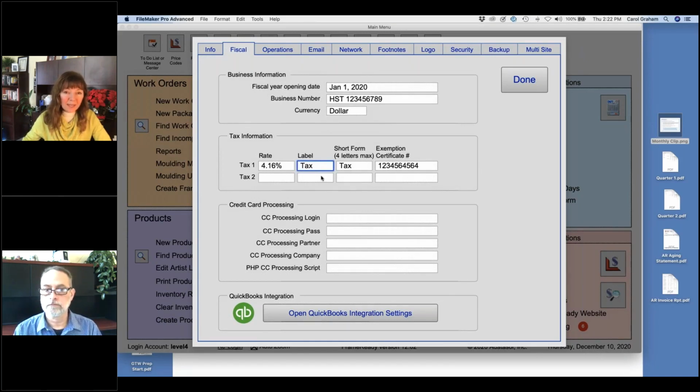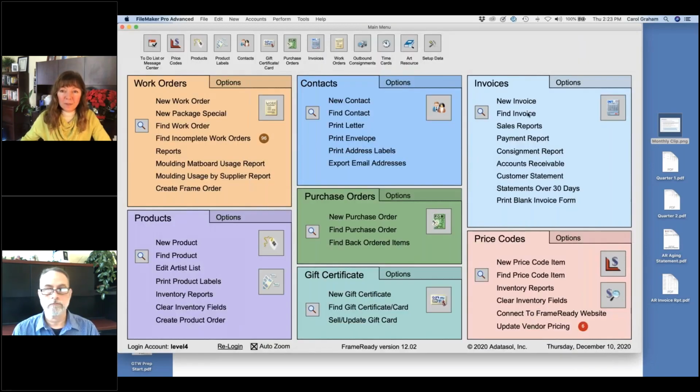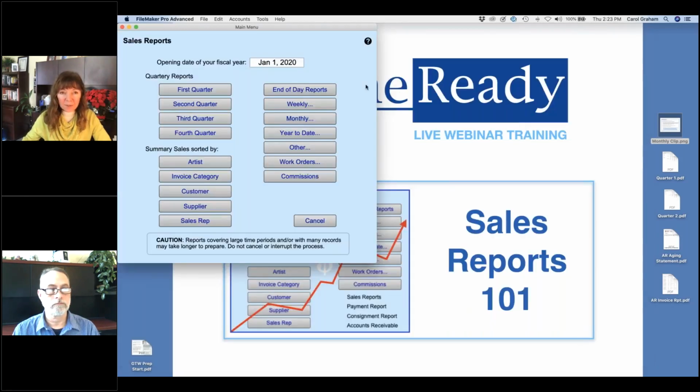And this is where, whatever you want your taxes to say, if you want it to say tax 1 and then in this box it would say tax 2, or if this is C tax for city tax and this is S tax for state tax, that's where you can change those headings as well for your tax reports. But we'll go back into the sales reports and make sure your fiscal start date is correct,